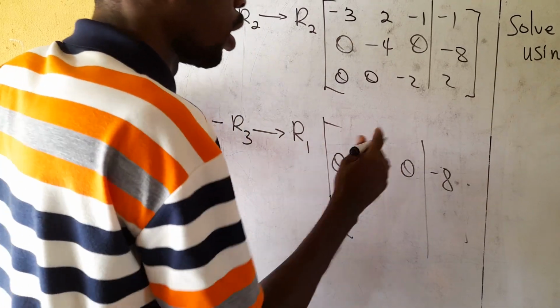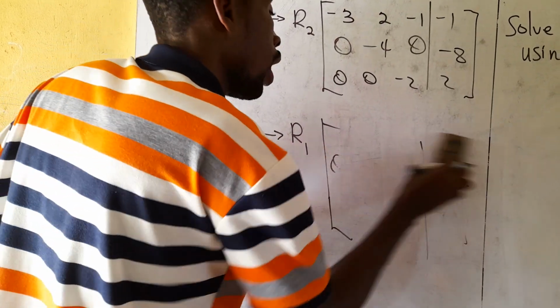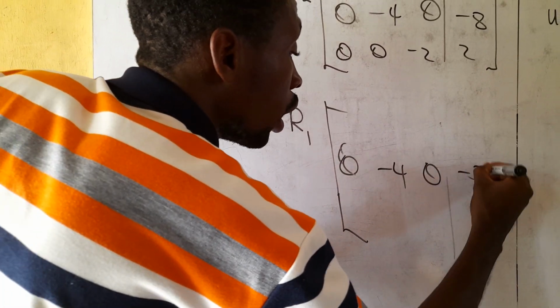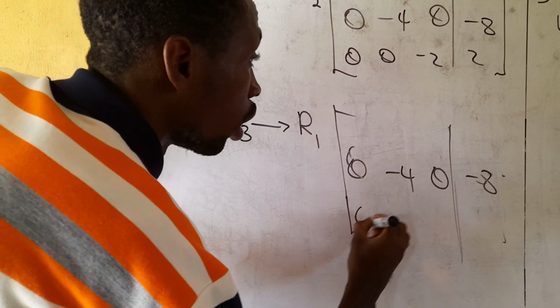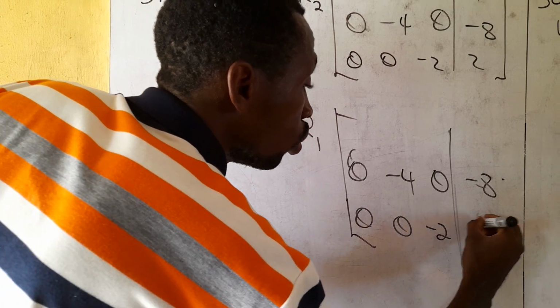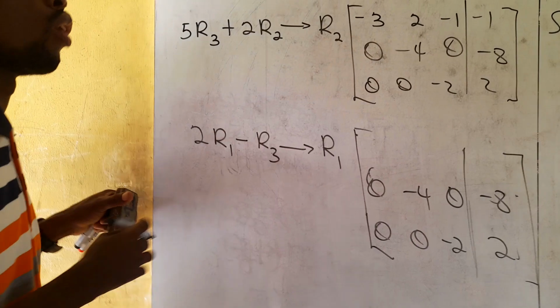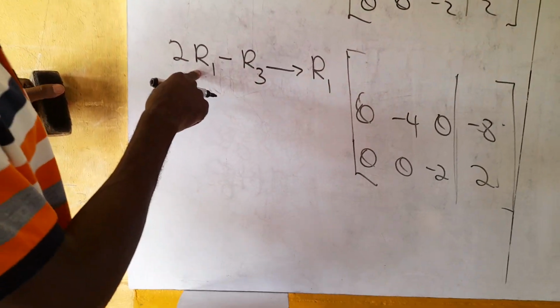I will just repeat them. My second and third column. Let me lower this very well. So I have 0, make 4, 0, make 8. Then I have 0, 0, make 2, 2. Only the first one will be affected since it is going to R1. So I'm using R1